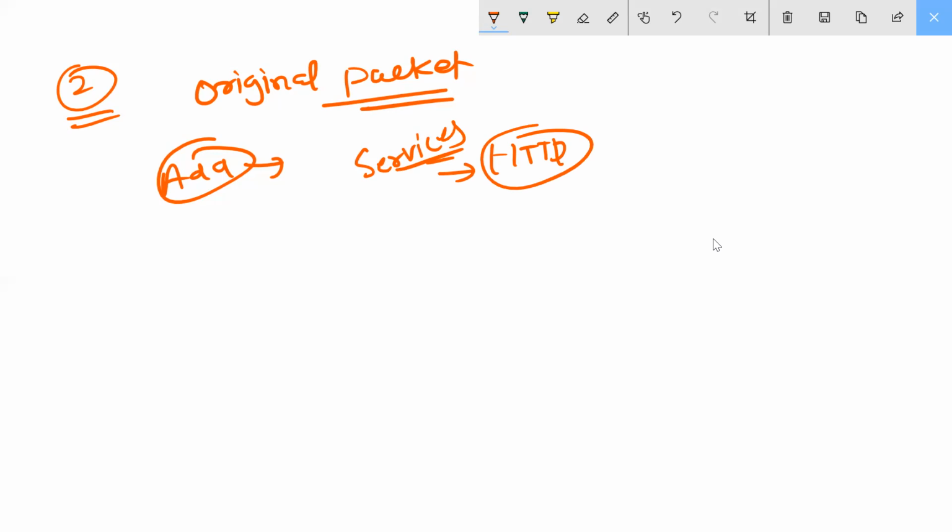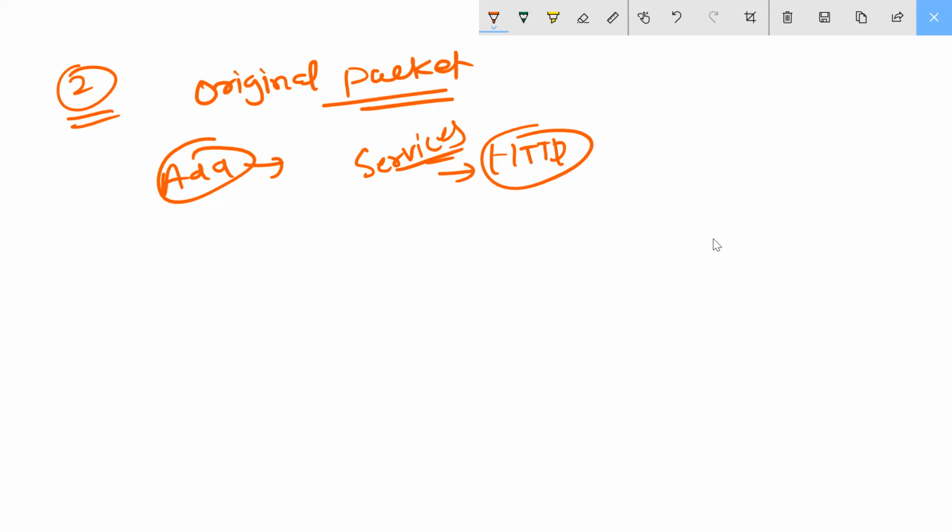Then after, you should come on the translated packet. Source address will be there.